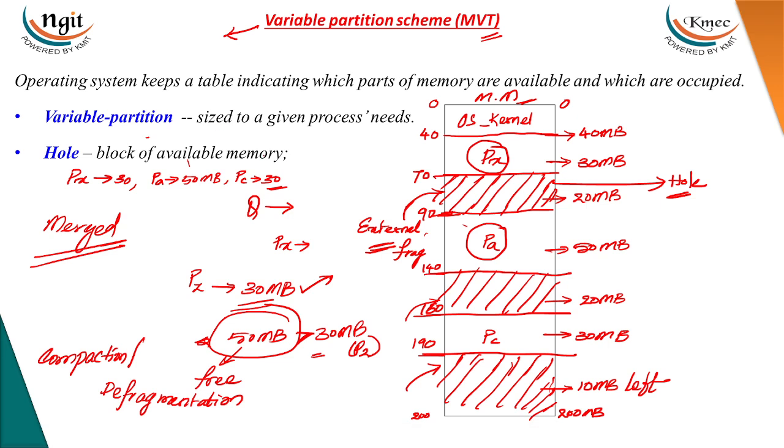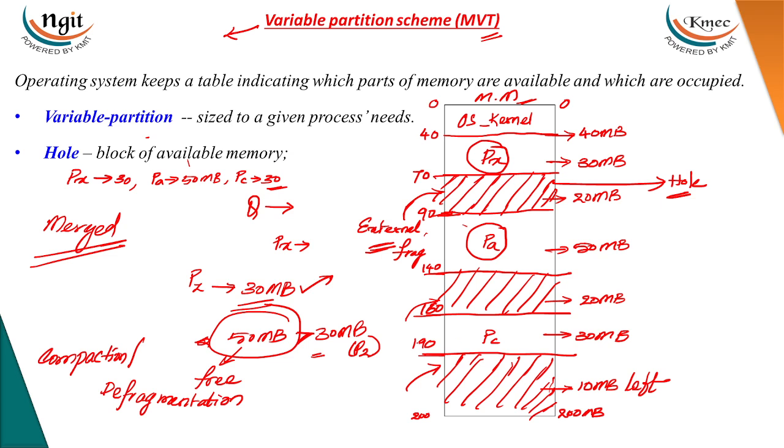Now all the memory fragments will come down, and all the processes will move upwards. See, the base addresses are 0, 40, 70, 90, 140, 160, 190, and finally there is a leftover